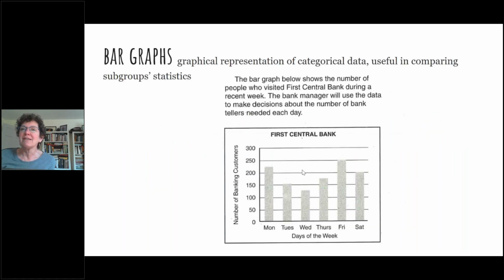So this is your typical bar graph. It gives you an explanation. The bar graph below shows the number of people who visited First Central Bank during a recent week. The bank manager will use the data to make decisions about the number of bank tellers needed each day. So as you look at this graph,